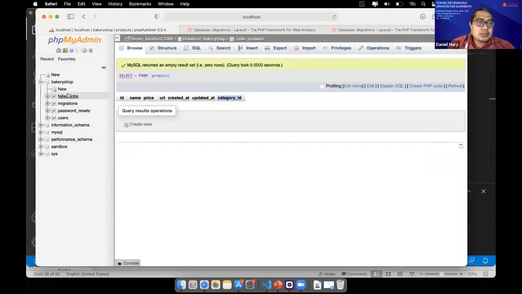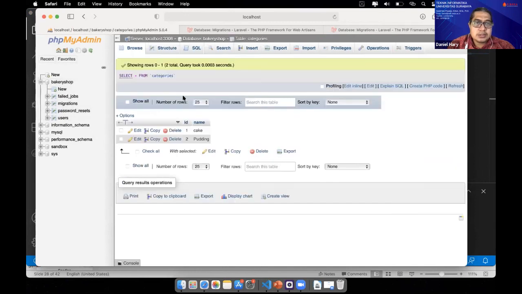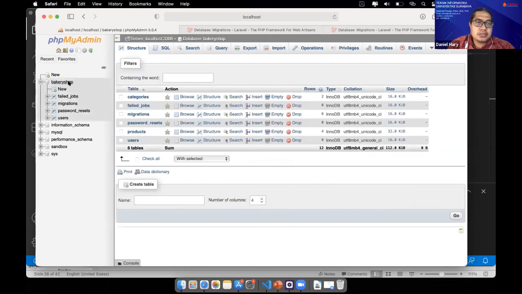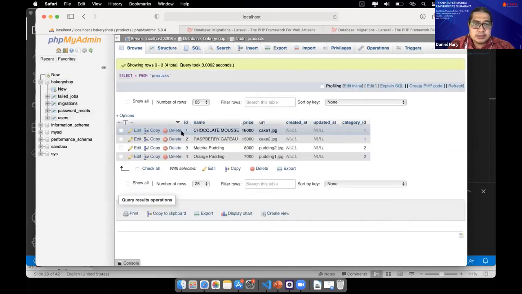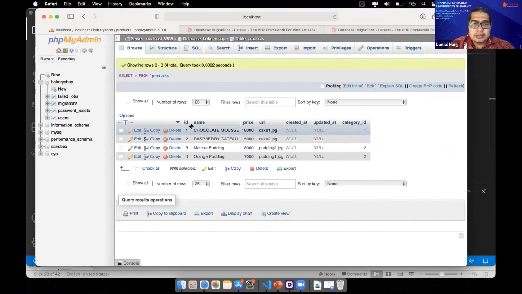We can check in the category table first. This one, ID 1 is cake, ID 2 is pudding. Okay, like our scenario. And also we check the product. There are 4 products. Okay, category ID 1, Raspberry also category ID 1.